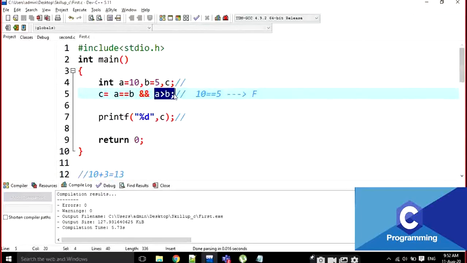But why is it checked in the previous example? It is checked because the first statement is true. If the first statement is true, it is going to check whether the next statement is also true, and then true is going to be the result. That's why it goes on to check the next one.